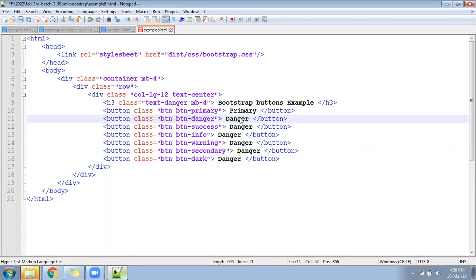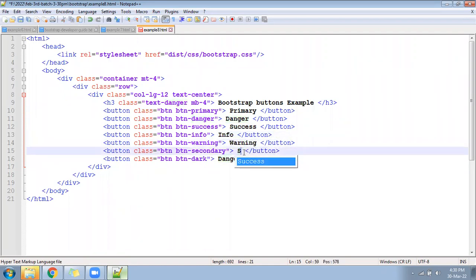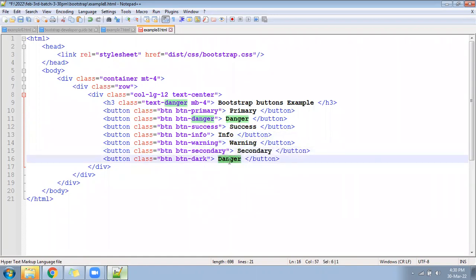Change everywhere. Danger, success, info, warning, secondary, right? Dark. Then you can check, everything will be clear and we will understand easily.